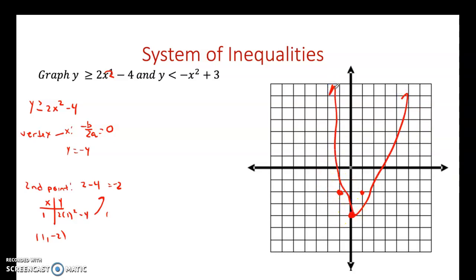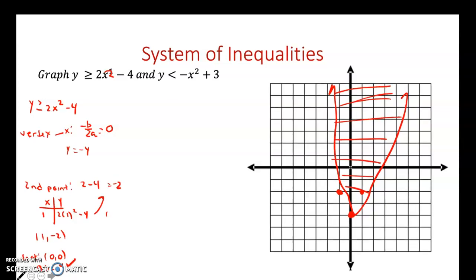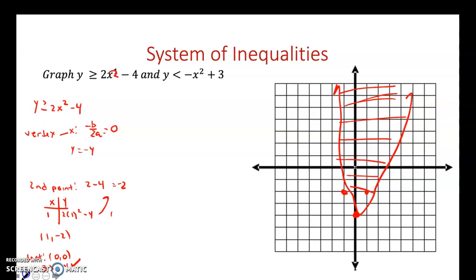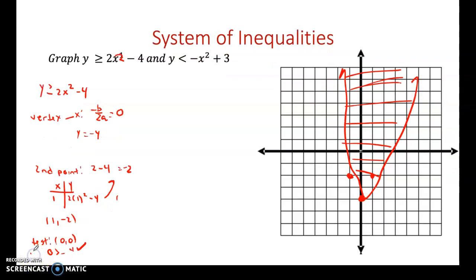And again, I'm running on my computer, so it's really not as crisp as I would like. Check my test point is 0, 0. So is 0 greater than or equal to negative 4? And it is. So we're shading inside here. You could shade with one color and then shade with the other color. My shading is not so great on the computer, so I'm going to just do the lines. Now we're going to change to blue. I just have to get this for some